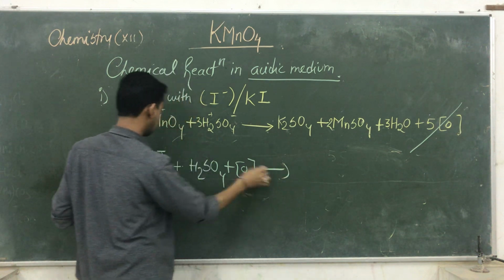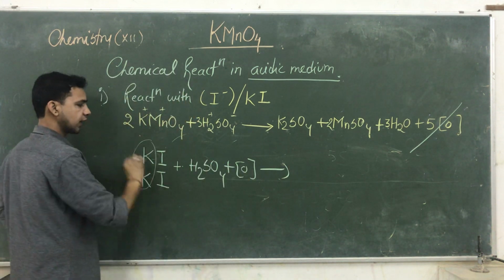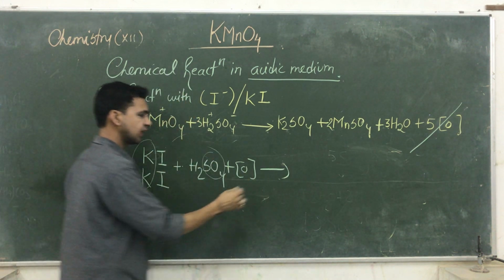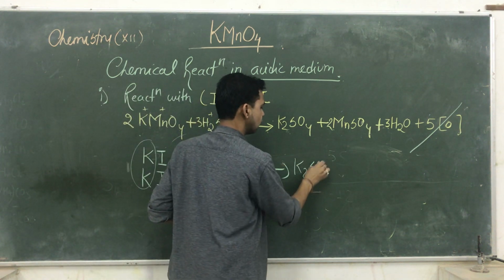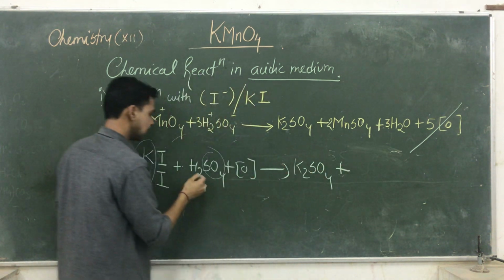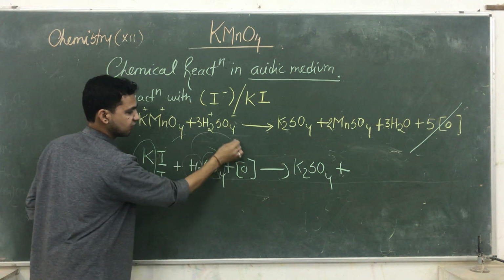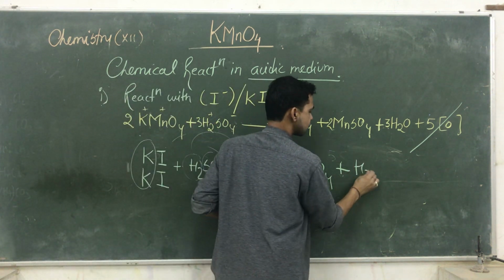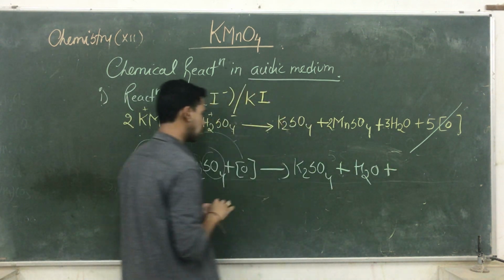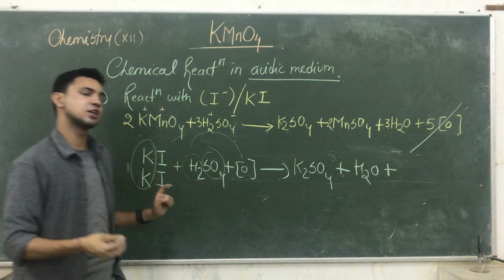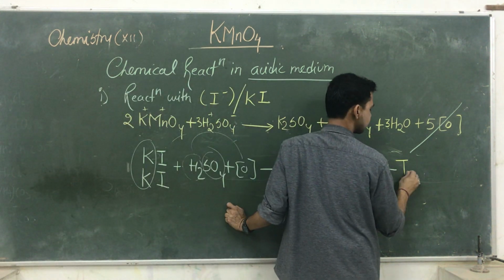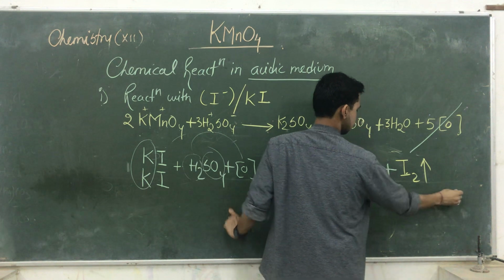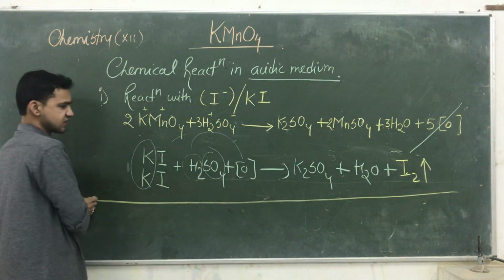So see guys, क्या बनेगा? जो दो K हैं वो SO4 के साथ रिएक्ट करेंगे, it gives you K2SO4 plus these 2 hydrogens react with O, it gives you H2O. और बचा क्या आपका? I2. This I2 is liberating in the form of gas. This is I2 gas. So we need to balance the whole equation again.